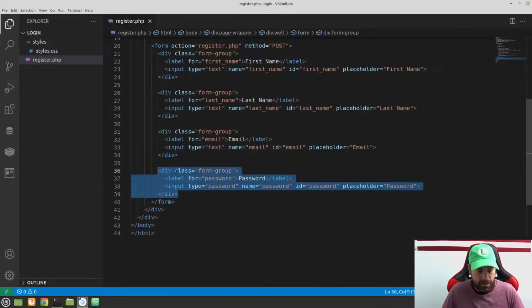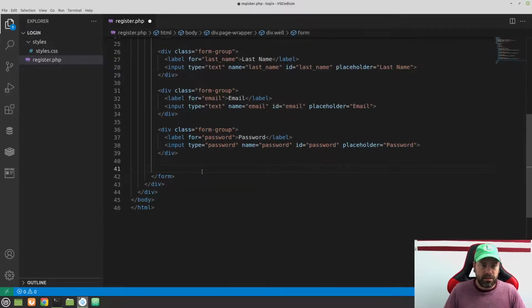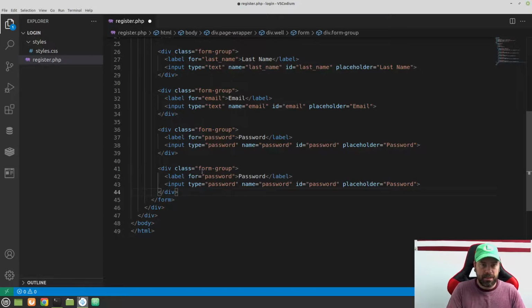So let's copy that password form group, give ourselves a line of space and paste that. And now what we're going to do is change the for to confirm. We're going to keep the type as password, and we're going to change the name and the ID of the input to confirm. And in the placeholder, we're going to type confirm password. All right, we'll save that